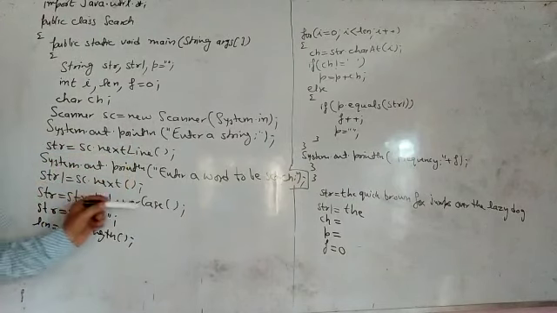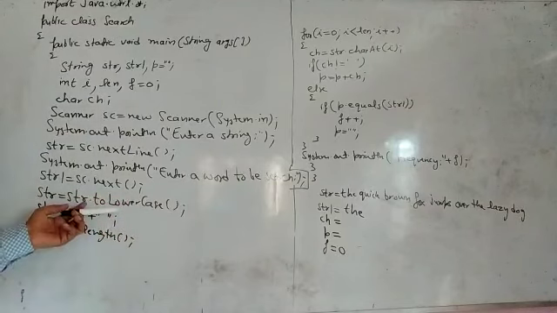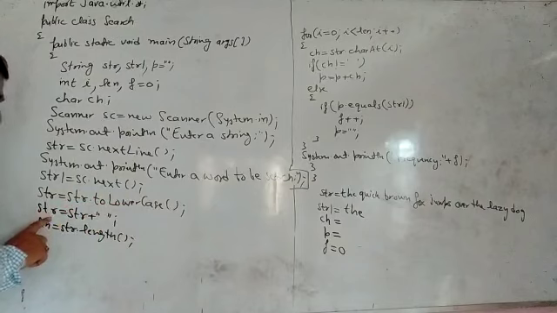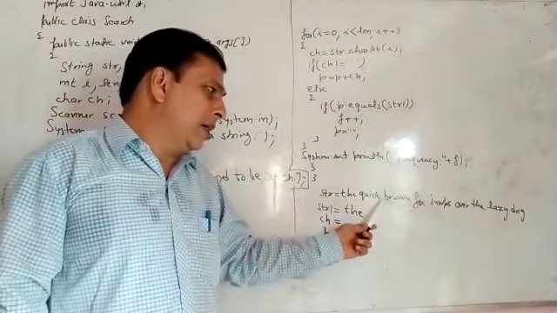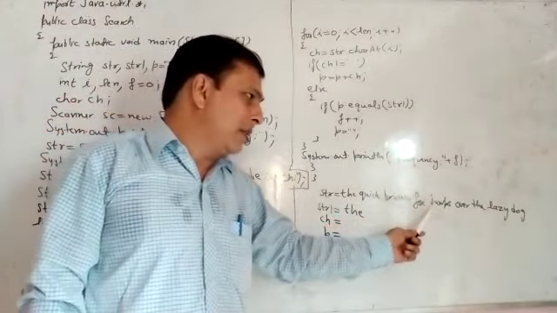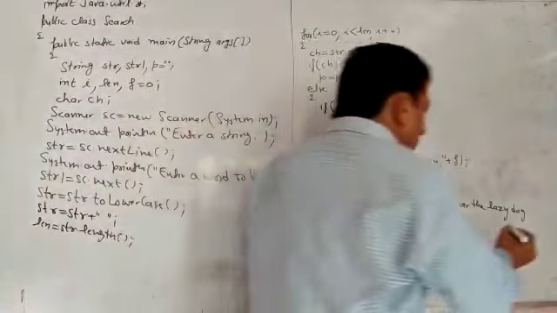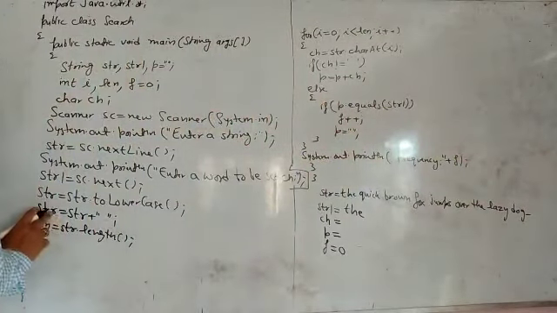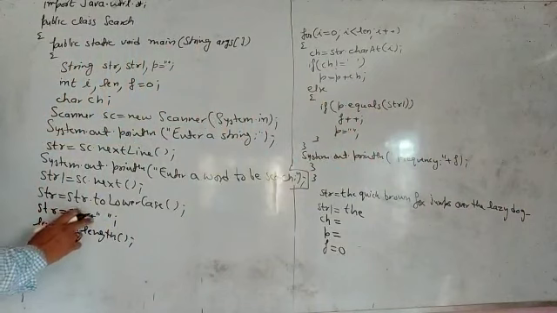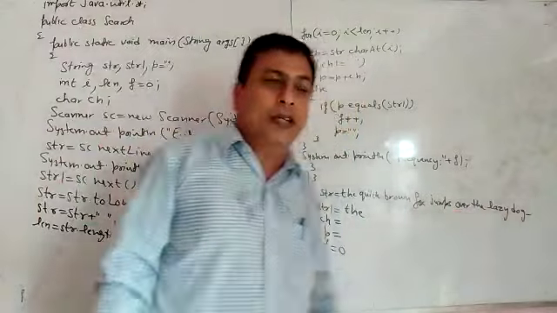After that, str.toLowerCase. In this line, we are converting your sentence into small letters. Then, children, what is the concept of this? str = str + " ". See this sentence carefully. After "the", there is a gap. After "quick", a gap. After "brown", there is a gap. "Fox", there is a gap. Jumps over the lazy dog. But after "dog", there is no gap. So we are adding one space from our side with the help of this str = str + " ". So now there is an extra space after "dog".